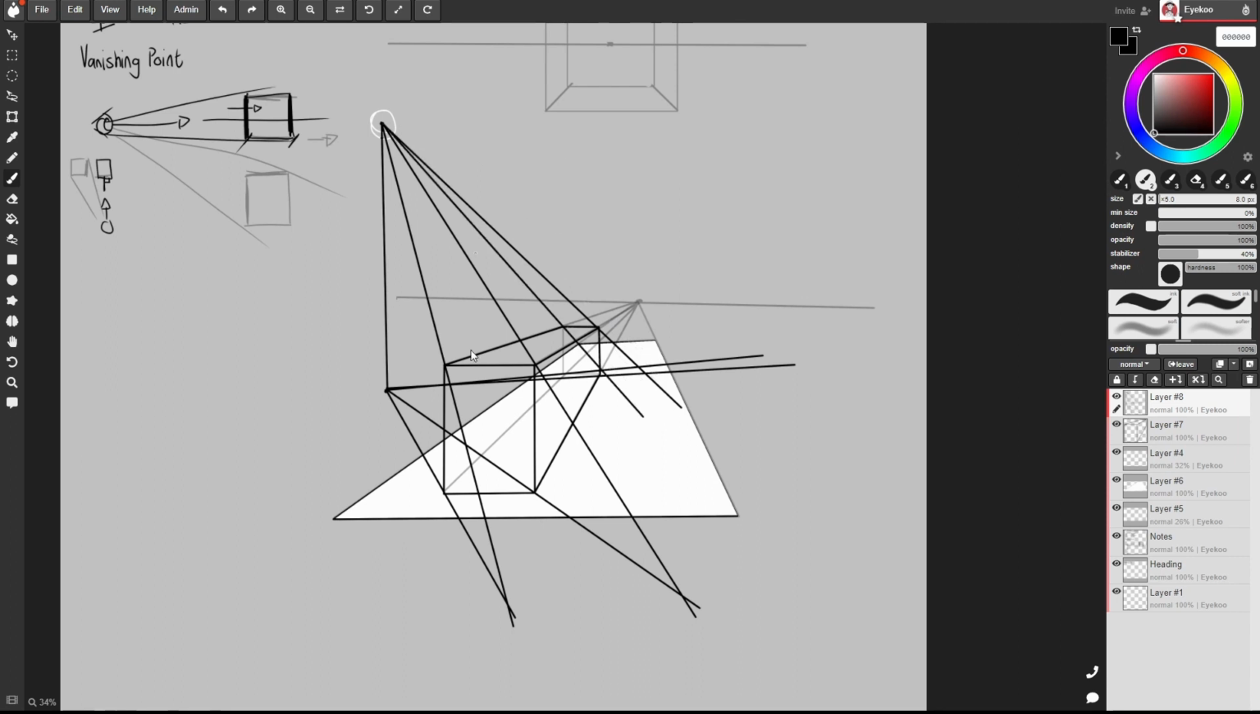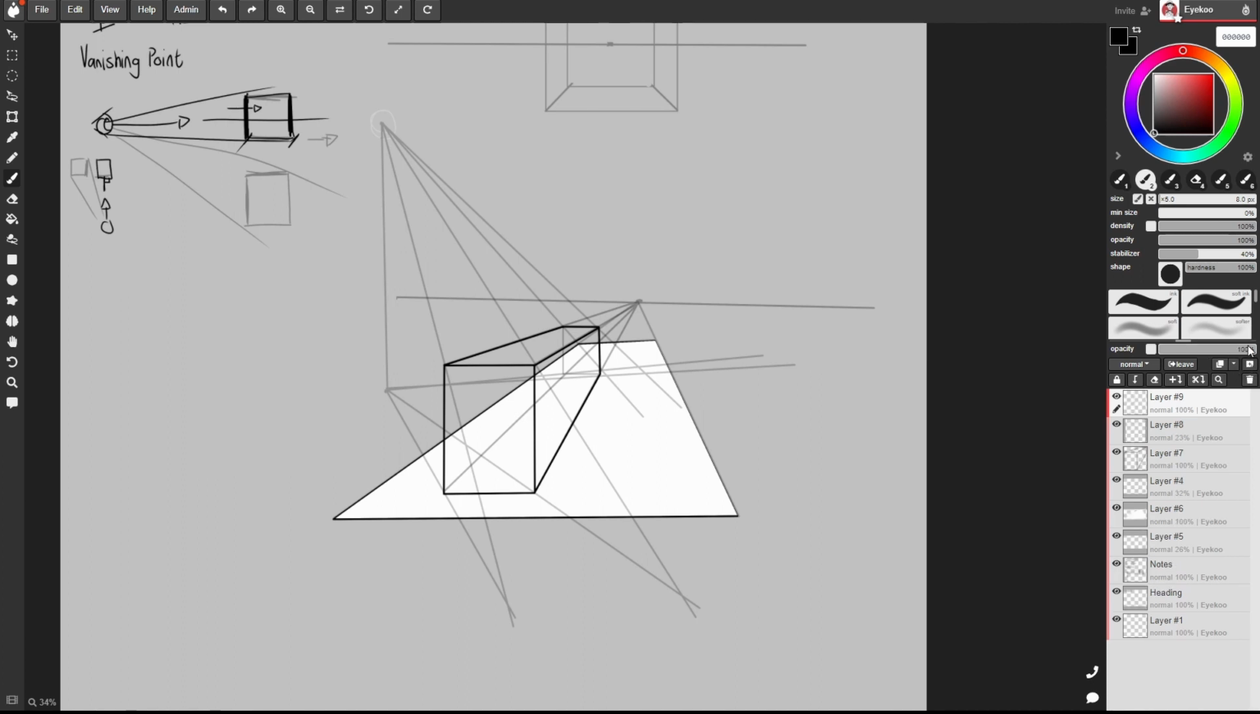Alright, now things are starting to look a bit chaotic again. So I'm going to just drop the opacity. And then on a new layer, I'm going to link from the base of the box to these intersecting points to determine my shadow. I'm just going to go all the way around the box to close those lines. And now I can fill this in